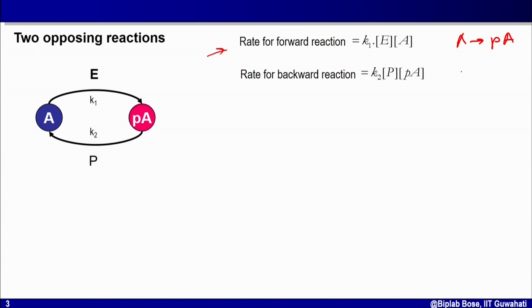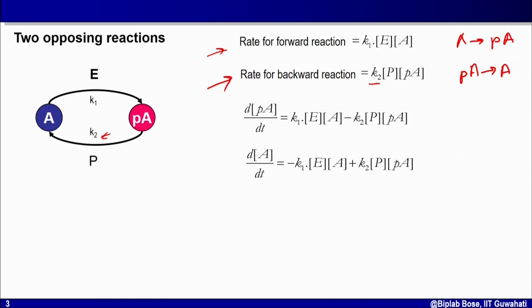Similarly, the backward reaction PA to A is catalyzed by the phosphatase. The enzyme is phosphatase here, so that is P. So the rate of backward reaction is equal to K2 into P, the concentration of the phosphatase, into PA, the concentration of phosphorylated A. So K2 here is the rate constant for the backward reaction. So if I combine these two forward and backward reaction rates,